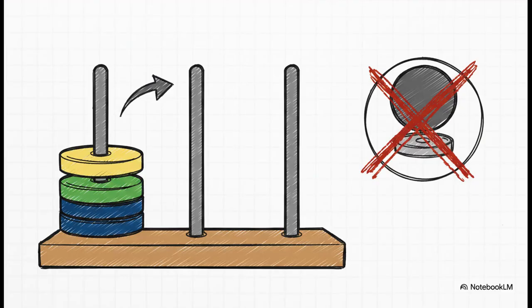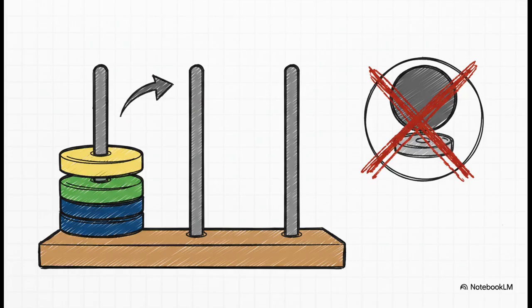If you haven't seen it, the Tower of Hanoi is a classic computer science problem. Picture 3 rods, a source, an auxiliary, and a destination, and a stack of varying disks. The goal is to move the entire stack to another tower, but you have to obey some strict physical rules. You can only move one disk at a time, and a larger disk can never, ever be placed on top